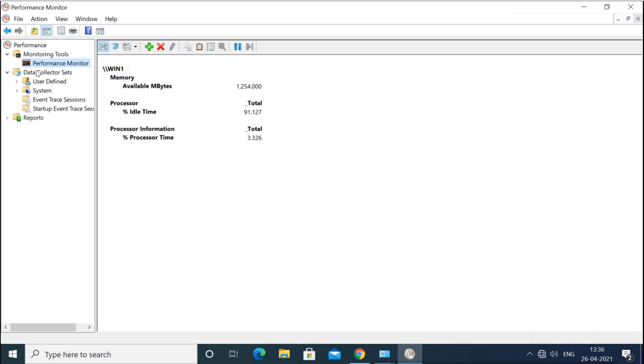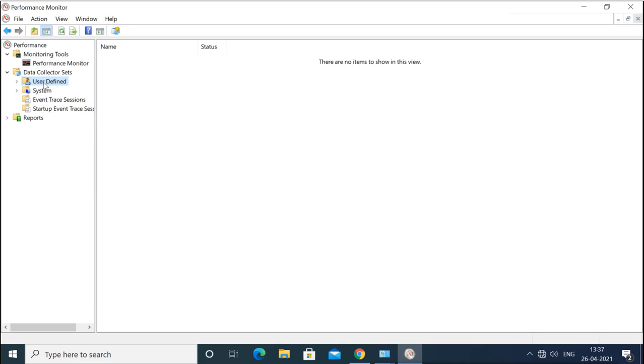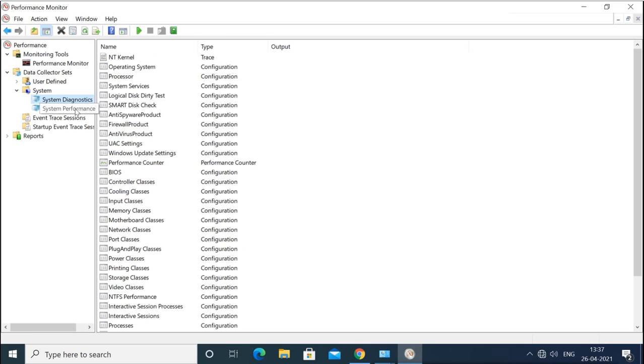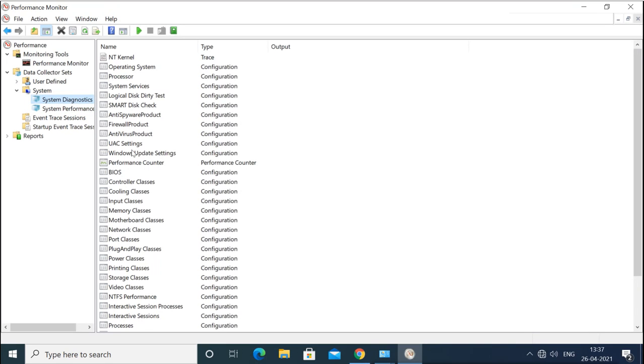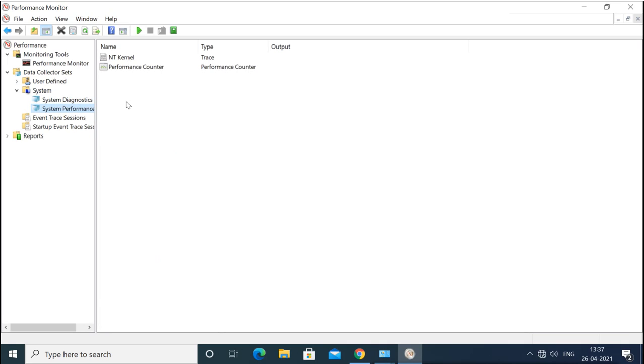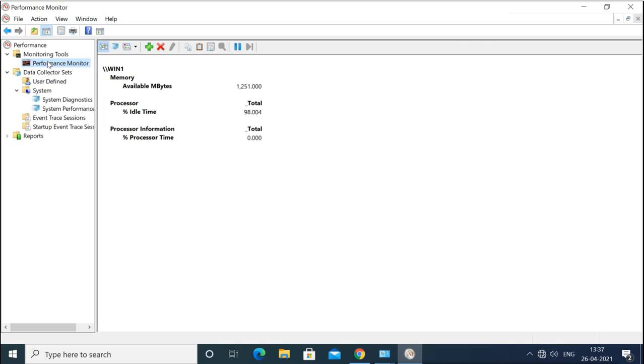Here you will see the data collector set which is user defined, like you will define some data collector set, or there are some system defined data collector sets. These are system defined data collector sets to diagnose the system, to check the system performance. So it has these counters added, and this one has these counters added, and we can also create our own. Now there is nothing created here. So if we want to create any collector set to collect the historical data, we can create it from here.